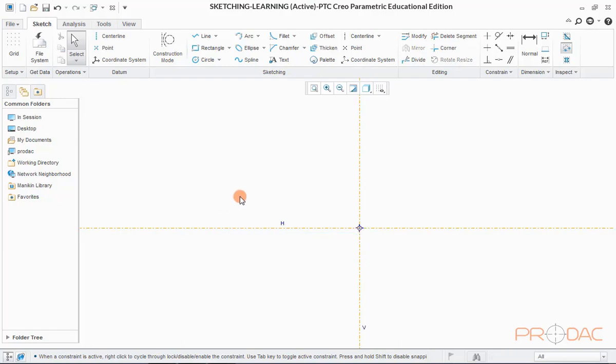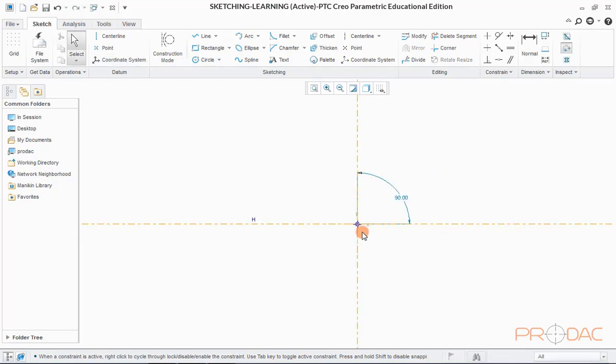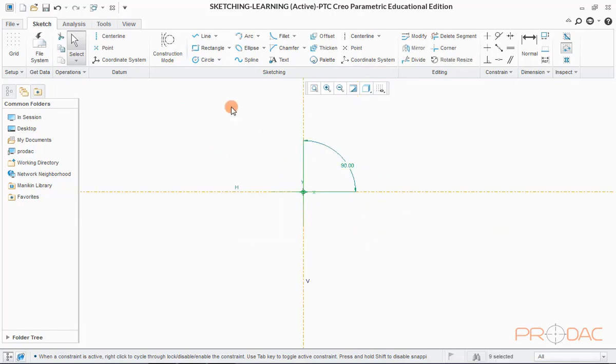Third item is to learn to create a coordinate system. Now, to create a coordinate system, click on the button for coordinate system in the ribbon on the top and then place it anywhere in the graphical area. Hit the center mouse button to exit from sketch mode. To delete it, just select using mouse and hit the delete button.